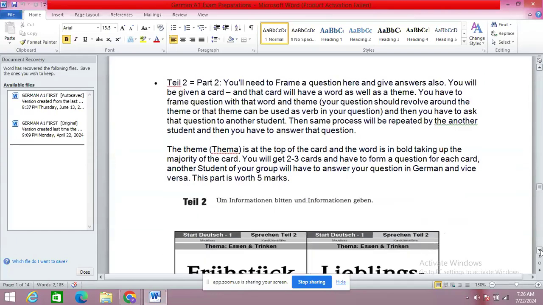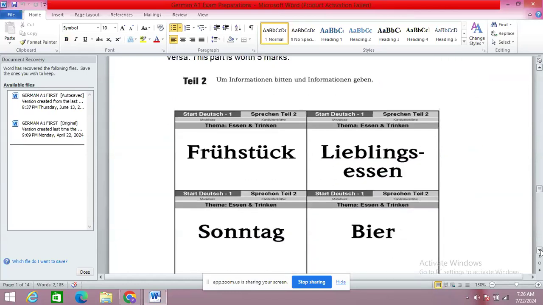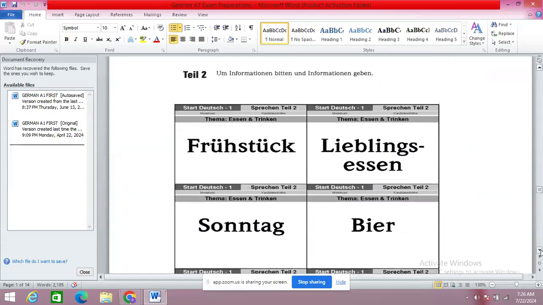Then in the expression tile, basically talking about tile 3, here we need to construct the question. One card is given to us. This card is going to have a word, Frühstück. Frühstück means breakfast, and there will be a thema written over the card. Thema is Essen und Trinken. So we need to create a question here which should include this word, and our question should revolve around this